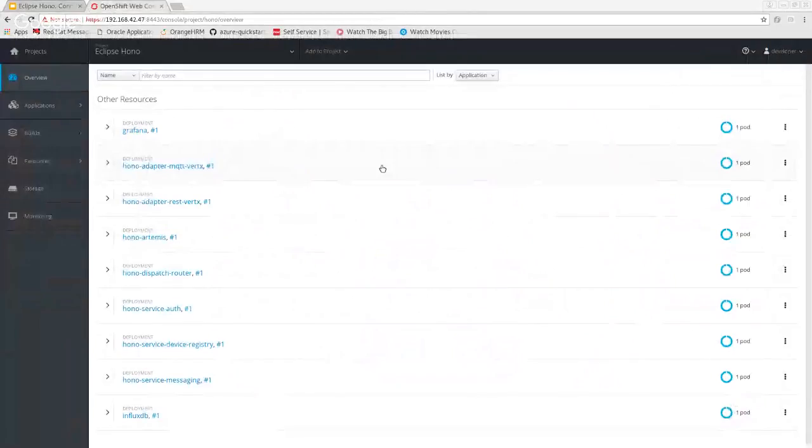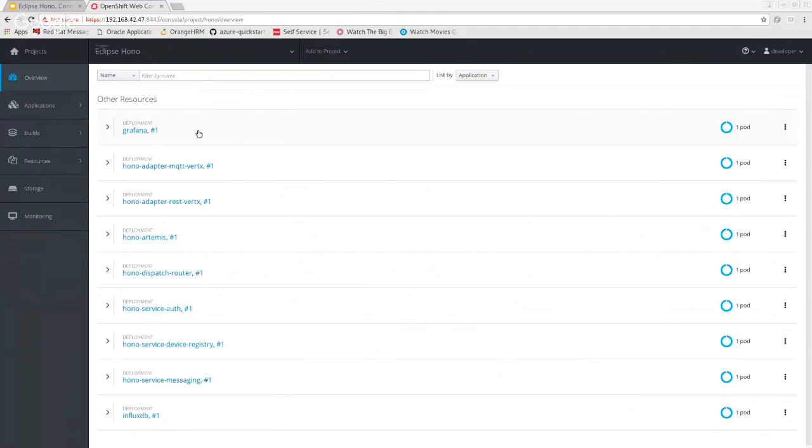Here I have the OpenShift console. OpenShift is a Kubernetes with more features in a simple way, so a more enterprise-grade version of Kubernetes with some features on top of that. So a container orchestrator. Here we can see some different services that are the components that Kai already mentioned in the previous slide. And other than that, we can see even the Grafana service that we use for showing metrics information from the system, like the messaging throughput or something like that.